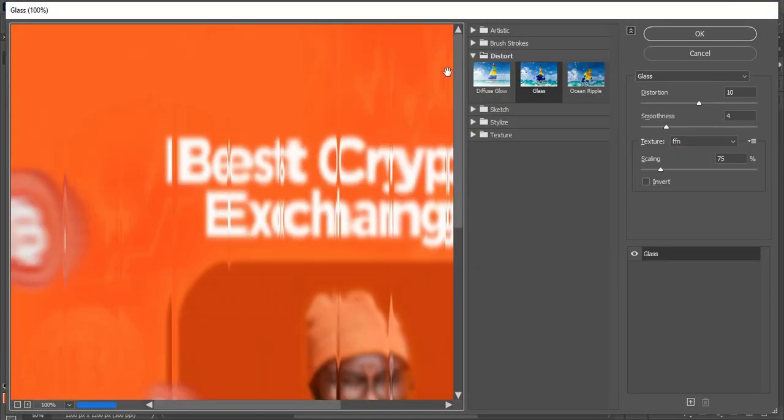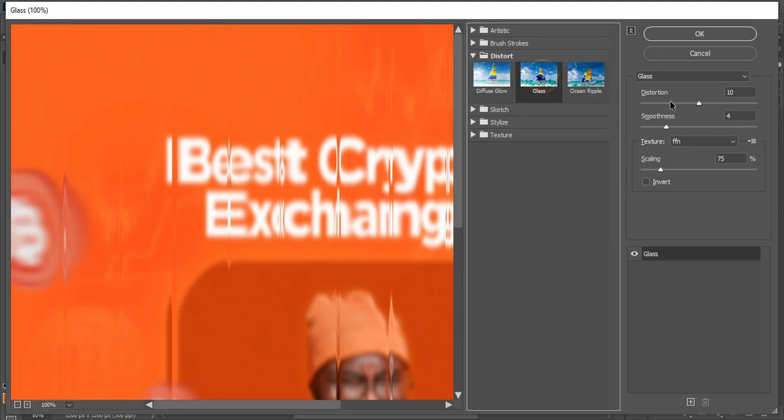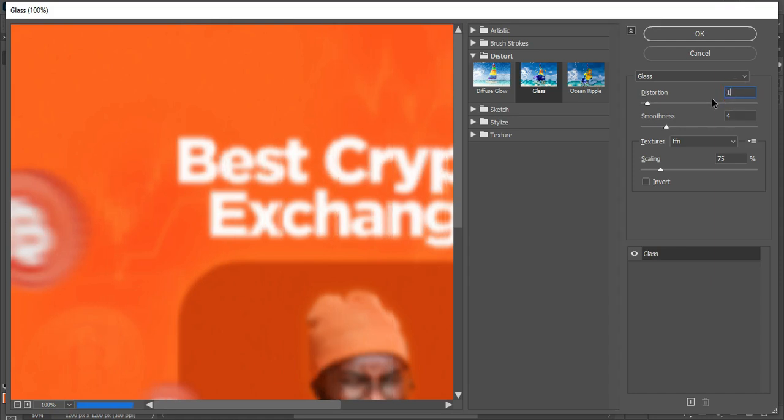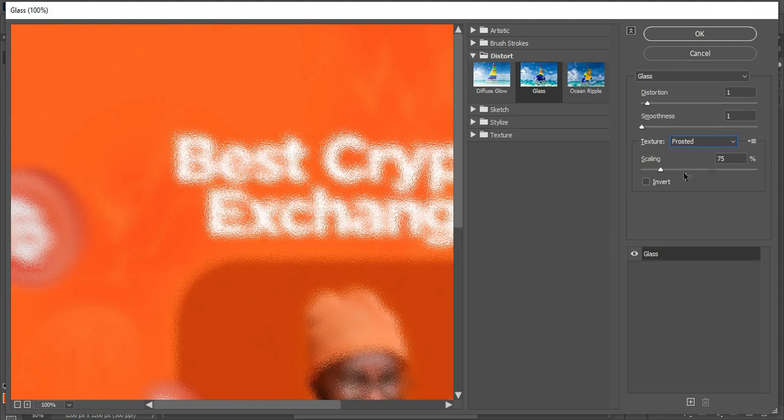So over here on the filter gallery, we'll be working under the distort. Select the glass and we'll set this as follows. So for this, I'll set this on 1. Likewise, the smoothness should be set on 1. This can be set to frosted and this can be scaled out as well. Okay,